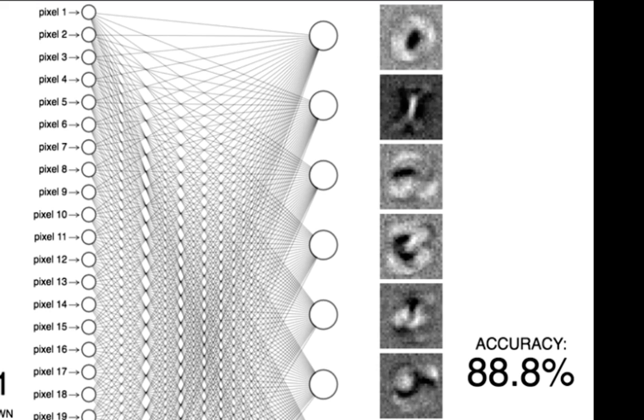So this will tend to be high for zeros, and this will tend to be high for ones. This will tend to be high for twos because it tends to overlap with where twos are going. When you have high numbers multiplied by high numbers, so a pixel that's on times a high weight, you get a high score. And you get a low score when they don't line up.